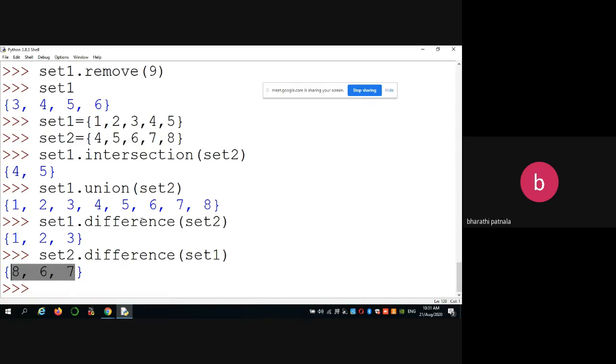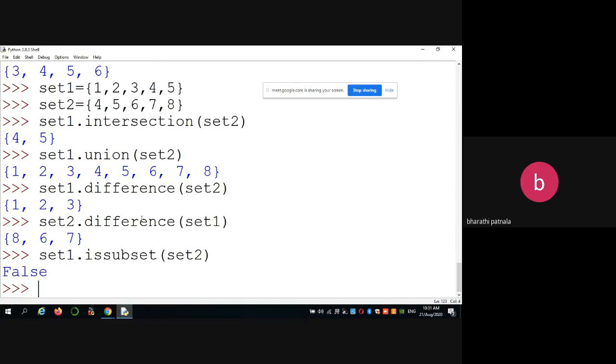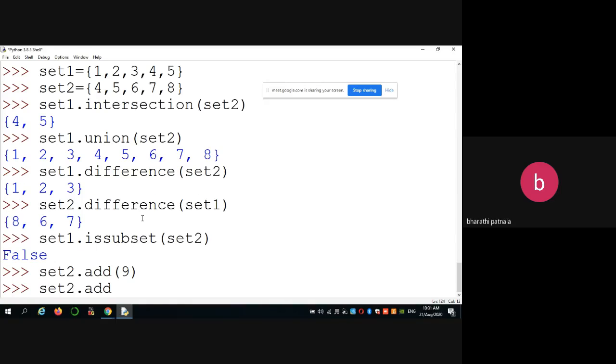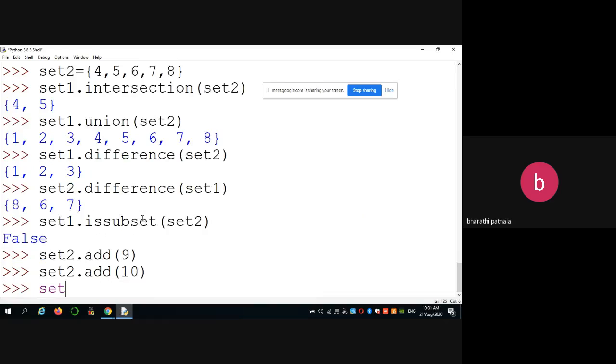Okay, next similarly superset functions. Set 1 dot is subset of set 2. So both elements are in same order. Suppose if I want to add some elements, is subset of set 2.